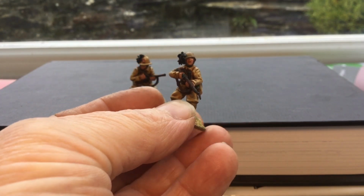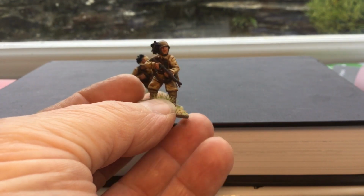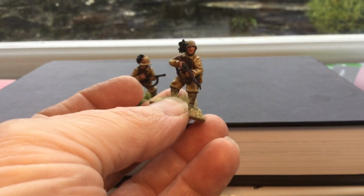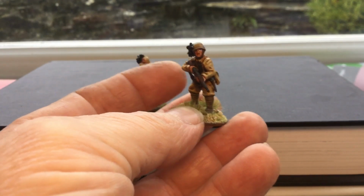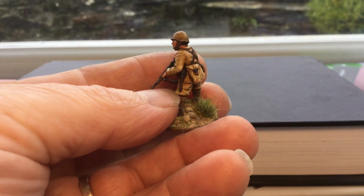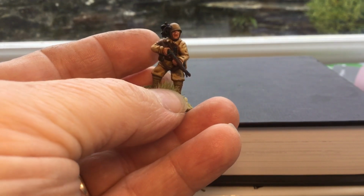Whereas the War Games Atlantic one's got a bit more of a static firing pose. So if it works, it'll be a nice sort of mix of figures. I don't know how they're going to compare in size. Hopefully it won't be too different. Yeah, I painted these as a tester, and I've now just got an Osprey book, showing